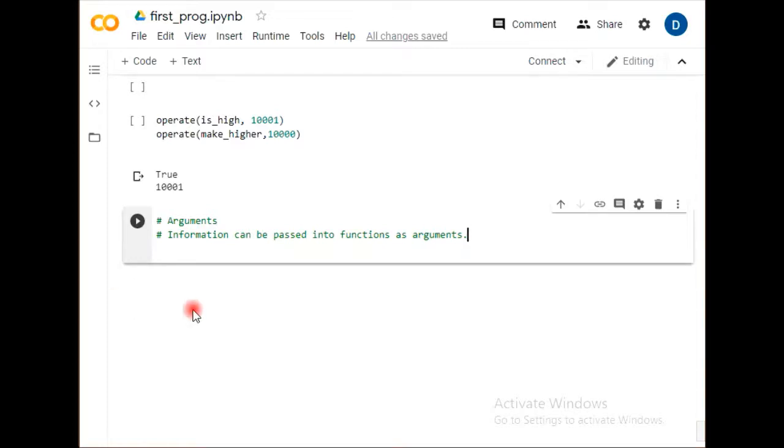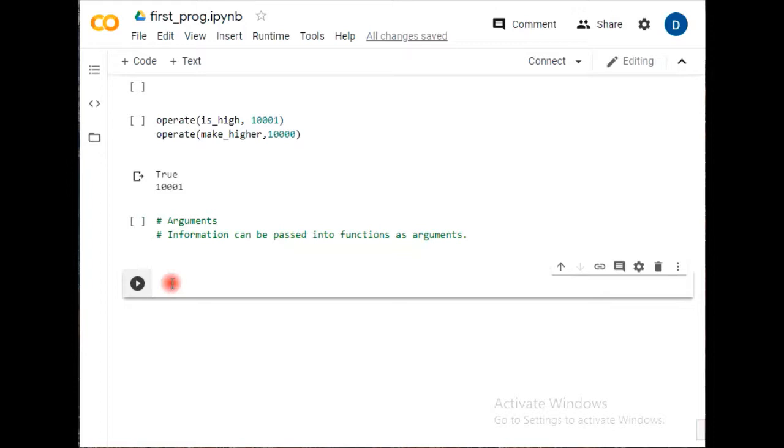Let's take one example to understand the utility and the sense of arguments. Let's begin with a very simple example. Suppose I have to use a particular variable a number of times in a certain kind of functional operation, so that this variable is repeatedly required in association with a common thing.